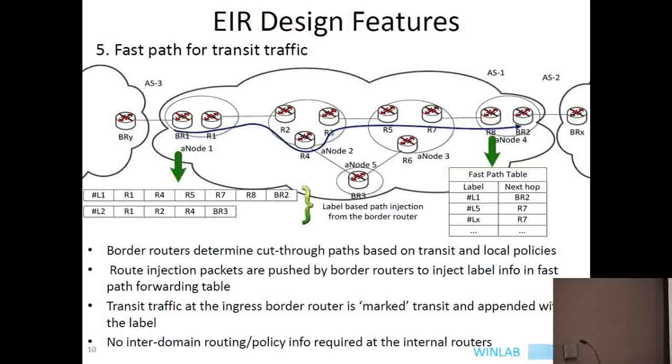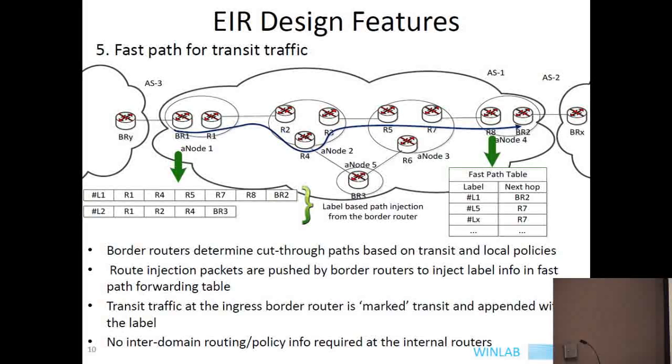This also has some other advantages, like I mentioned, that the transit traffic doesn't need to compete with the shortest path, and if the transit AS wants, it can route the traffic through transit paths which are separate. Also, it needs to somehow expose this transit traffic path in its network state packet, which I mentioned before, because if I'm a source in a different AS, I would like to know what path my transit traffic will go through. So that somehow needs to be exposed in the network state packet in terms of the A nodes. And then the internal routers in the transit AS can do label-based forwarding.